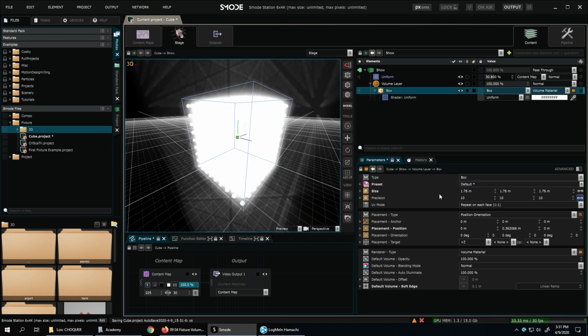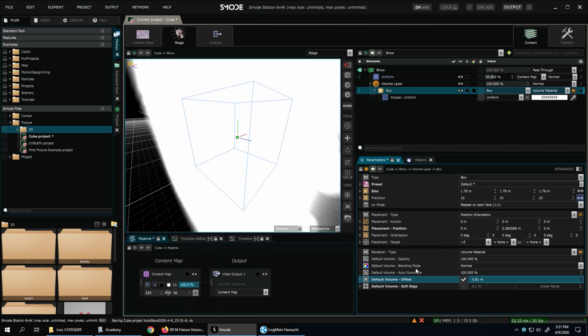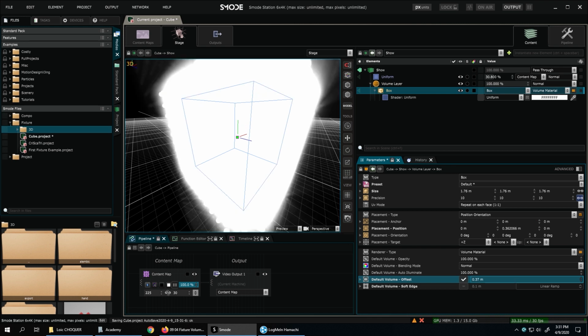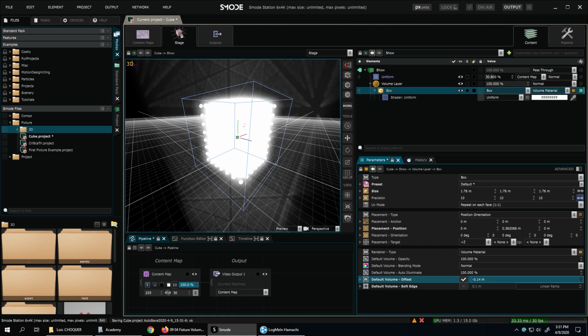And in the parameter of the renderer, we have not so many parameters, but we have two important parameters, which is the offset. So if you want to offset the volume, if you know OpenVDB, there is a parameter like this.